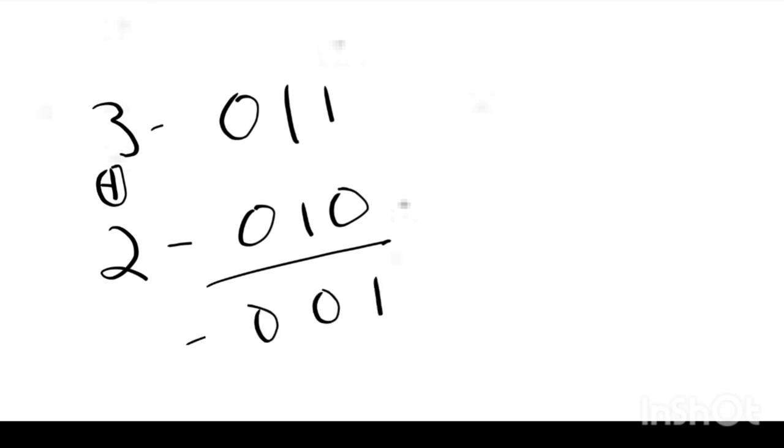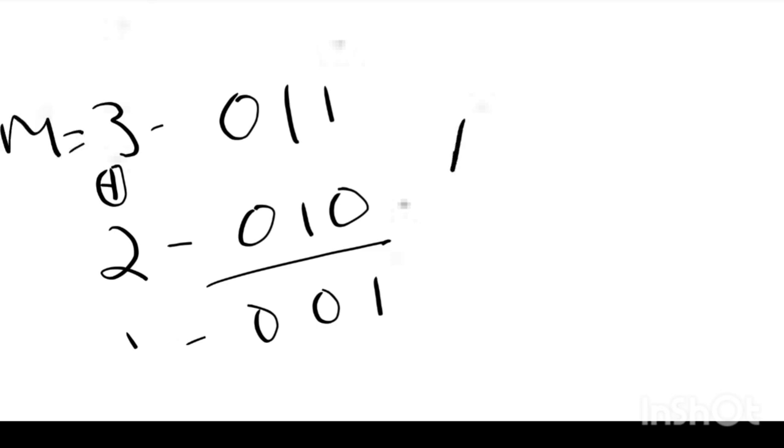If I have 3 here, 3 is 0 1 1. And what is 2? 2 is 0 1 0. I'll do 3 XOR 2. So what do I get here? The XOR value is 0 0 1. What I got is 1. Suppose the message I have to send is 3,